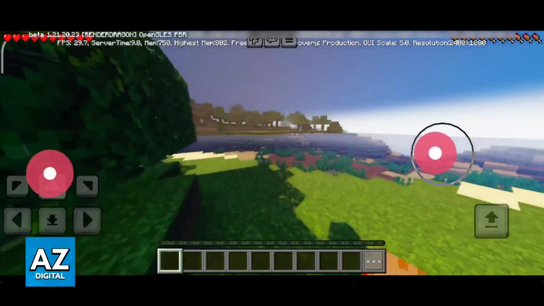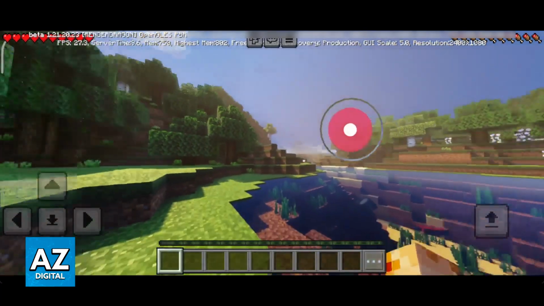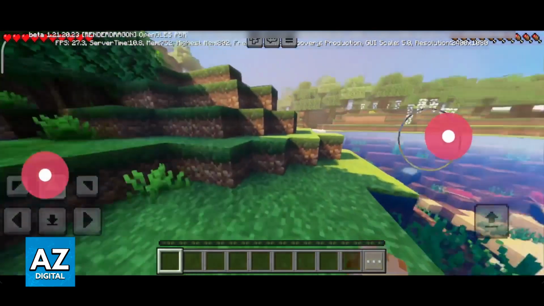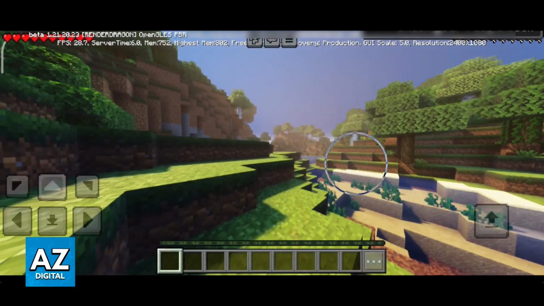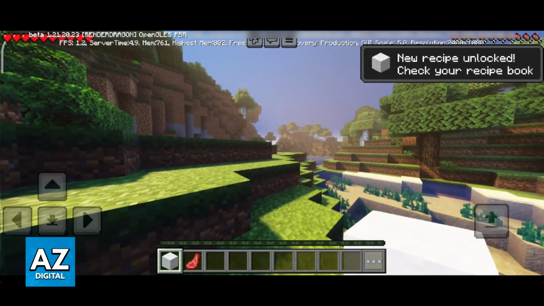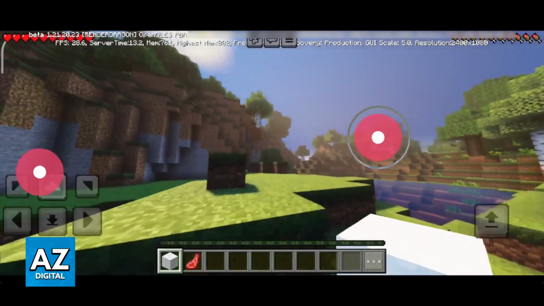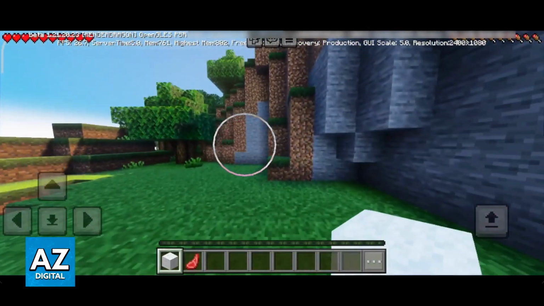clearly see on this gameplay that I'm recording here, you will have to go through various steps, and keep in mind that if you don't have a strong enough device, the game is going to perform very poorly, so you will not get a lot of frames per second, and often the game will stutter, just like you can see on screen. However, I'm still gonna go over all of the steps, and I'm gonna teach you what you have to do to get shaders working in the latest version of Minecraft Pocket Edition.